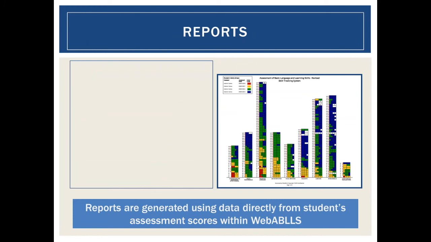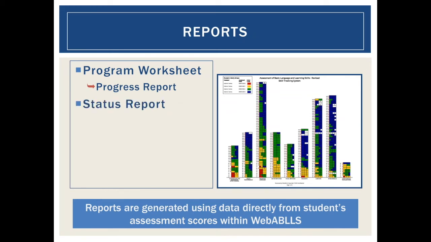So speaking of reports, I'm going to do a quick rundown on the different reports and what they do. The program worksheet is a custom document that includes tasks selected straight from the assessment. These are tasks that you create or that you select to include in the worksheet. And then the progress report, which is a report that corresponds directly with the program worksheet. You can't have a progress report without having a program worksheet first.